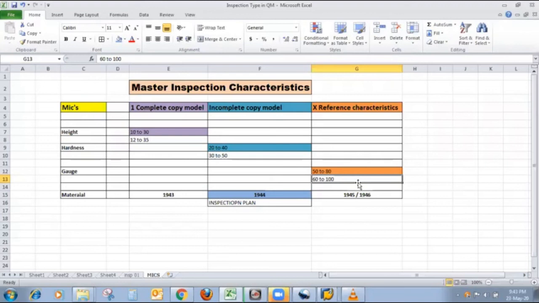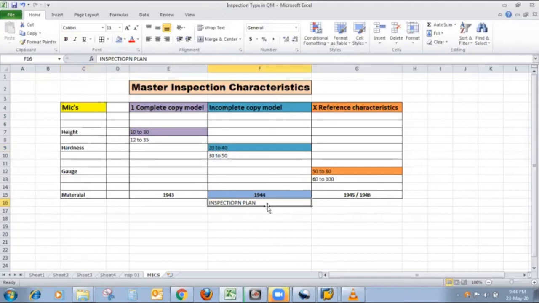In short, I will again tell you that in the complete copy model, we can use MIC parameters like lower limit and upper limit, and the same MICs will be fetched in the inspection plan. Once we change our lower limit and upper limit in MICs, the same cannot be fetched here because we use the complete copy model. In the incomplete copy model, there is no provision to maintain lower limit and upper limit in creation of MIC, but we can use them directly in the inspection plan.